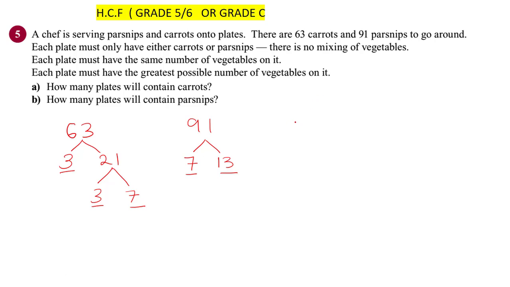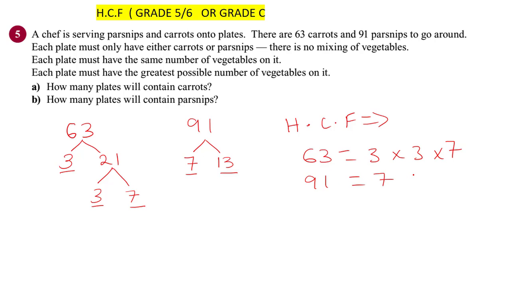Right, so to find the highest common factor using these numbers, what you need to do is this. You now need to lay them out using the prime factors you had here. So with the 63, I'm going to use 3, 3 and 7, the ones that you've underlined. So it's 3 times 3 times 7. Then the 91 is going to be